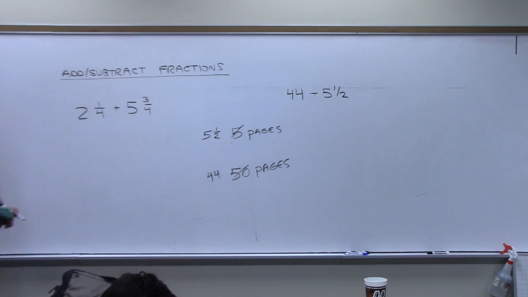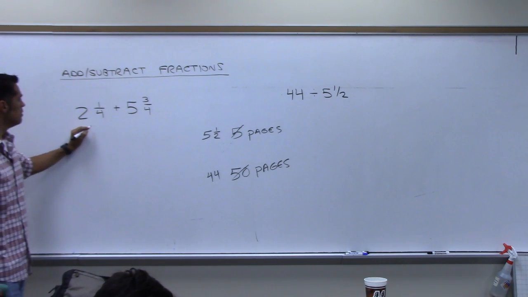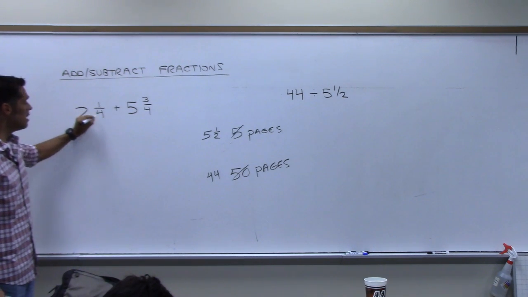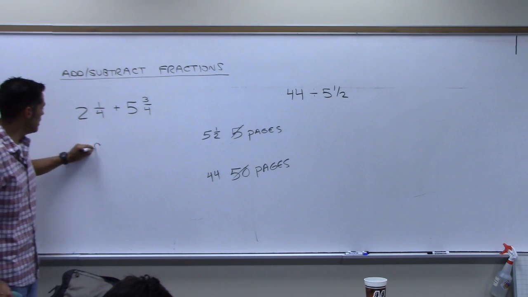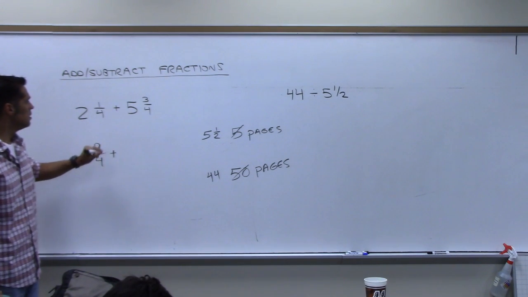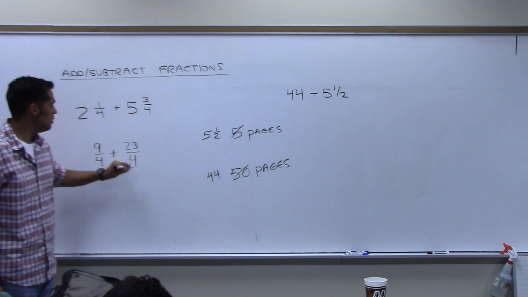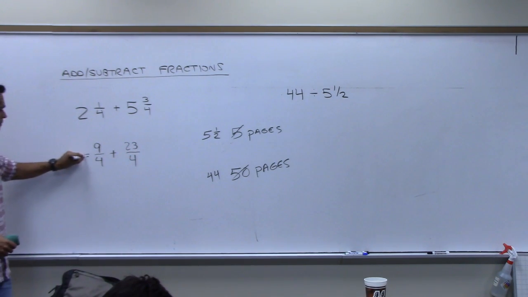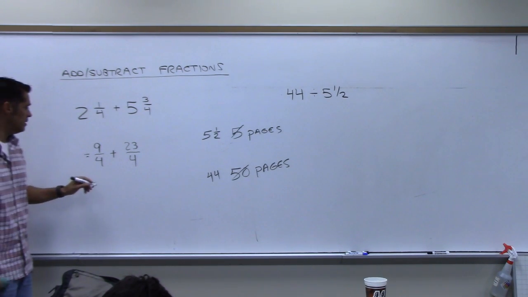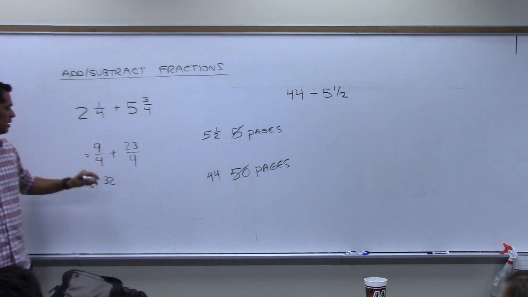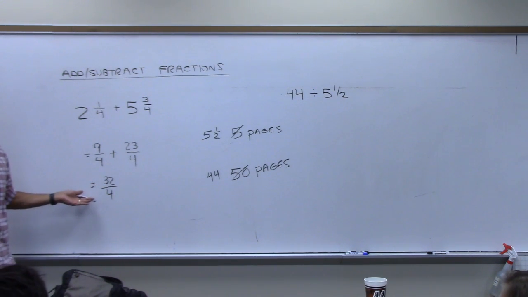Can you probably work on the first one? Because I didn't really understand it too much. Okay. Just explain to me how you got the 188. Okay, so we do 2 times 4, 8, and then 9. So we get 9 over 4 plus 5 times 4 is 20, plus 3, so 23 over 4. And then when we put those two together, I apologize, I should have finished this up. And then we add that 32 over 4, because you add up the top, 9 plus 23, and then over the same denominator, and that's 8.